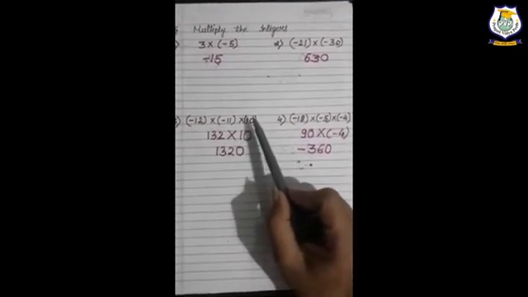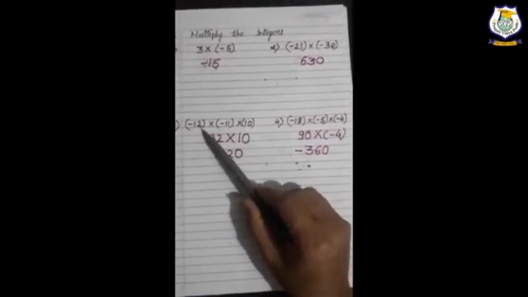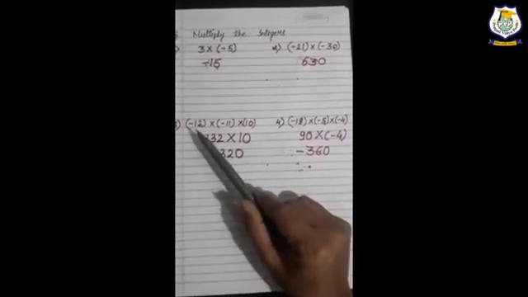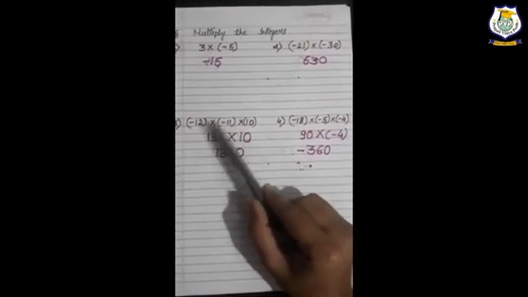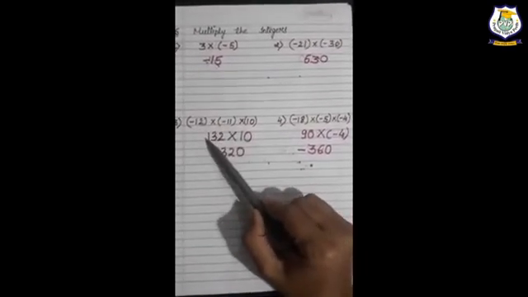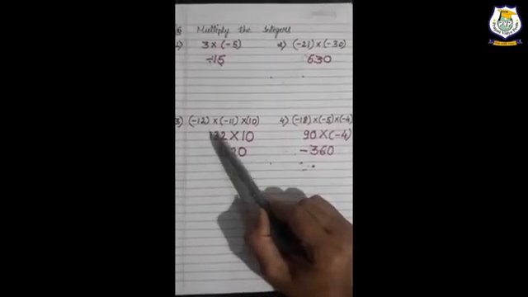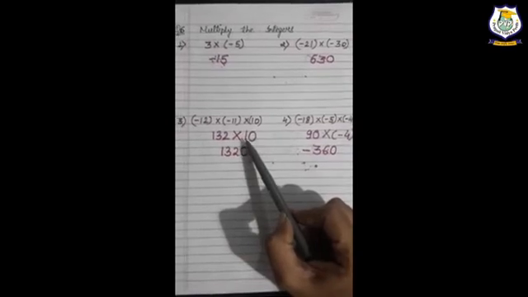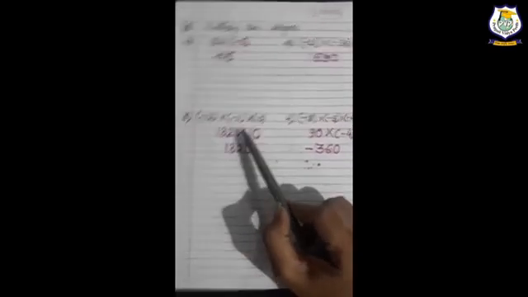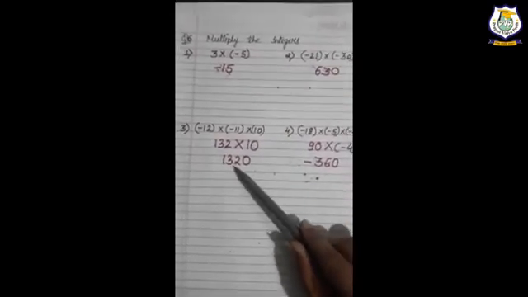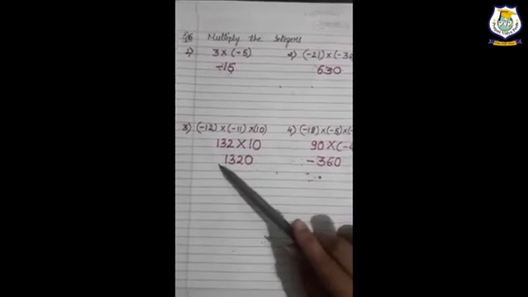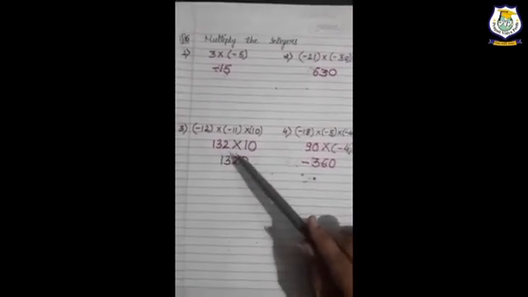Now we will come to our third example, -12 -11 multiply by 10. Here I have taken 3 terms. So first we will multiply 2 terms. 12 multiply by 11, it's 132. The same rule we are following. Both are with the same sign, so the answer will come with the positive sign. Now 132 multiplied by 10, because 10 is our remaining number. So 132 multiplied by 10, we are getting 1320. Both are with the positive sign, so the answer will also come with the positive sign.